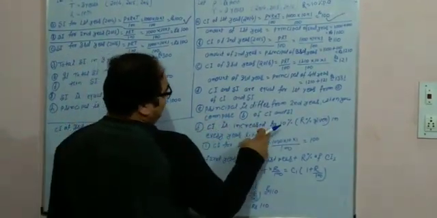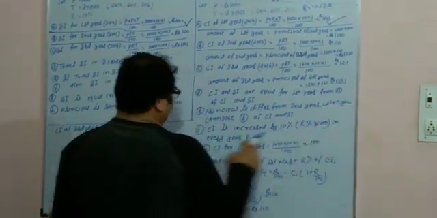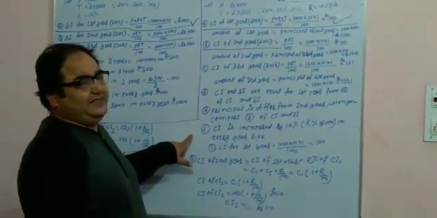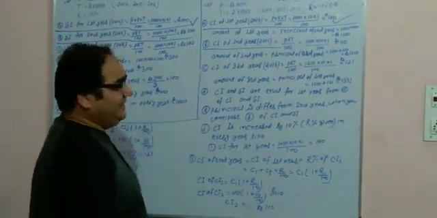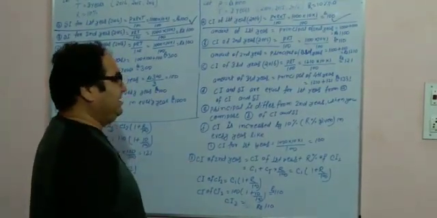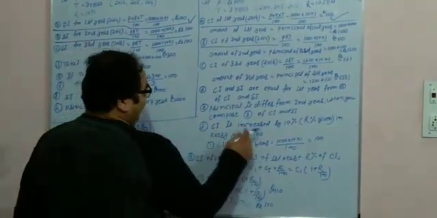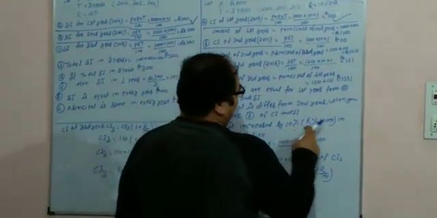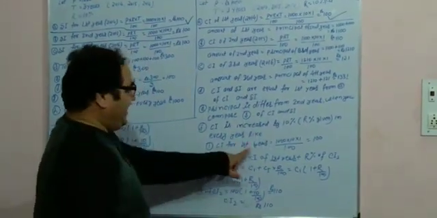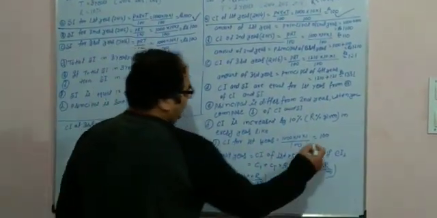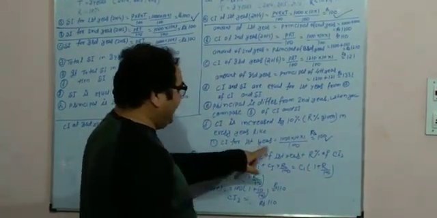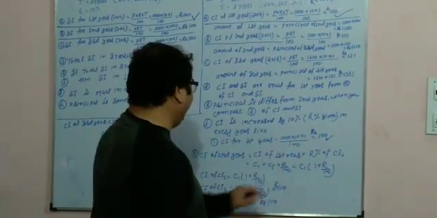CI is increased by 10% in every year. It is especially used when you are calculating the value of CI by the shortcut method. At that time you use this value. CI is increased by 10%, or R%, in every given year. Like CI of first year is equal to 100.